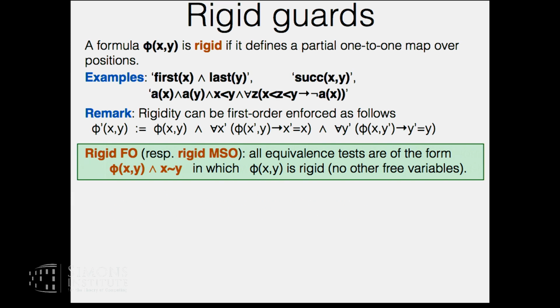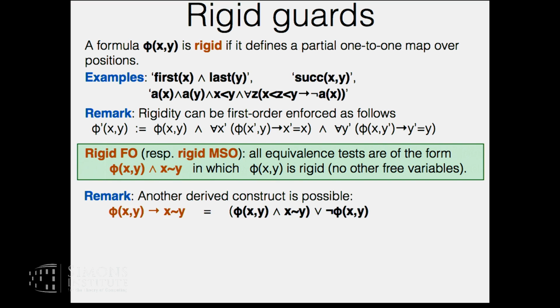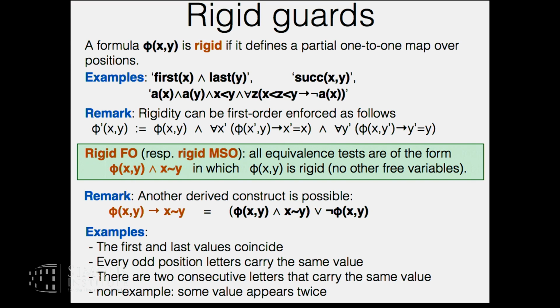This looks good for the existential quantifier, like there exist x and y that are guarded such that they are equivalent. But if you want to do it with the universal quantifier, you'd like to have something like: if x and y are equivalent, then x is equivalent to y for all x. But in fact, this is just syntactic sugar because phi of xy implies x is equivalent to y. You just take this previous construction and you add a disjunct with the negation of phi. So this means you have the two cases. Yes?